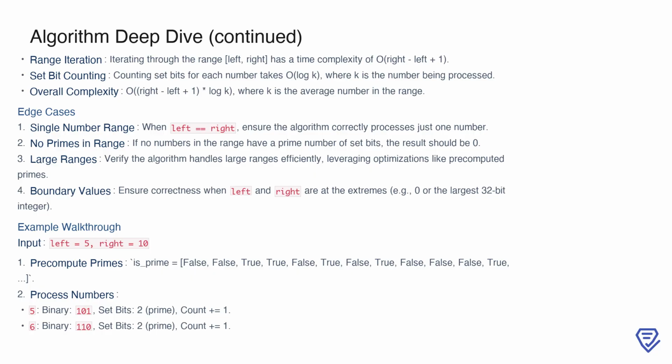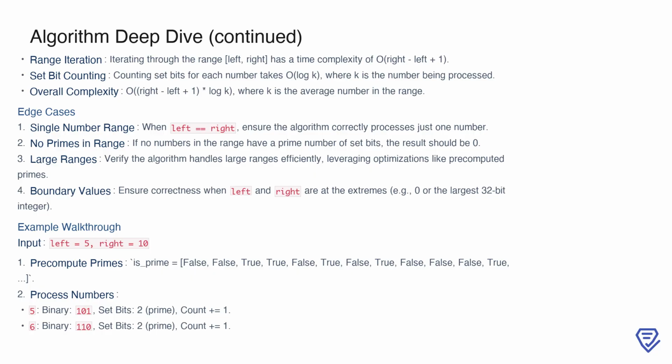First, pre-computing primes using the sieve of Eratosthenes is very efficient, running in O(n log n) time where n equals 32, making this step negligible. Next, iterating through the range [left, right] takes O(right - left + 1), as we examine each number exactly once. For each number, counting set bits involves O(log k) operations, where k is the number being processed. Combining these, the overall time complexity becomes O((right - left + 1) * log k), which is efficient